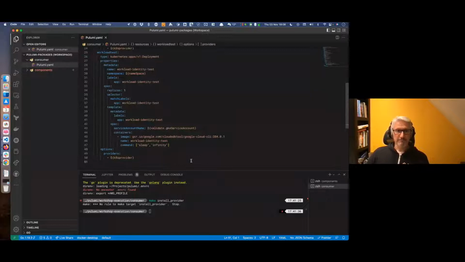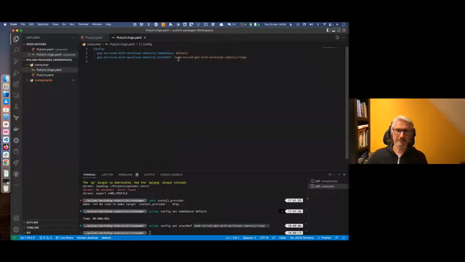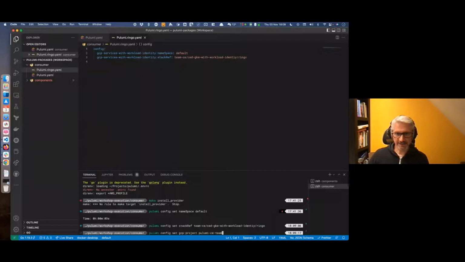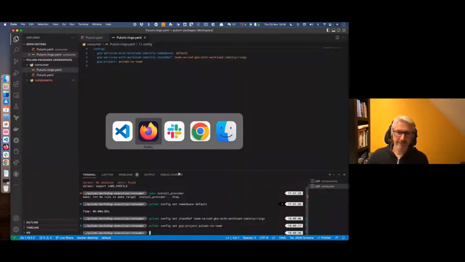I have my program, but I don't have my stack configuration yet. So for the time being, I'm going to create my namespace in the default namespace, and I'm going to retrieve my stack configuration from a stack reference named like this. If you see my stack config file, I have two properties. One thing is still missing: I have to also set the GCP project, and that is this one. So in this Google Cloud project, I have